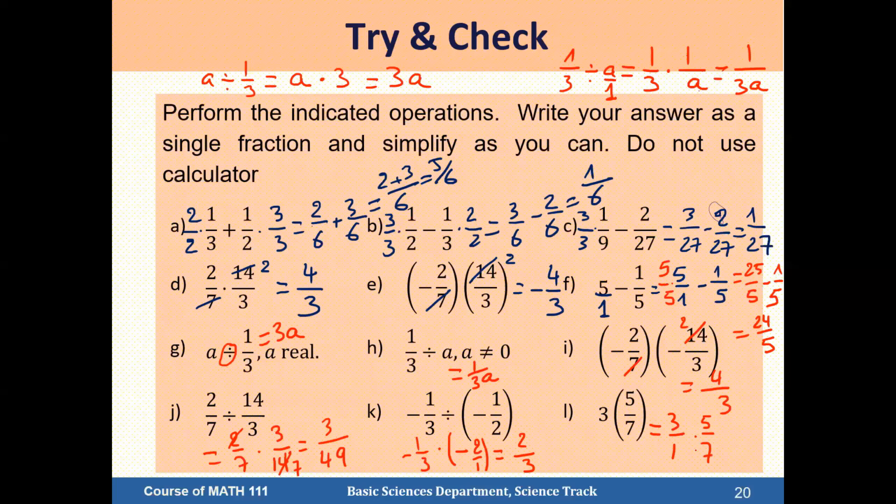Now we have the classical product of two fractions. We multiply numerators and we multiply the denominators. We obtain 15/7. Numerator times numerator, denominator times denominator, this is the difference. And we are done with the first part of section 1.2. We'll see the second part in another video. Thank you for your